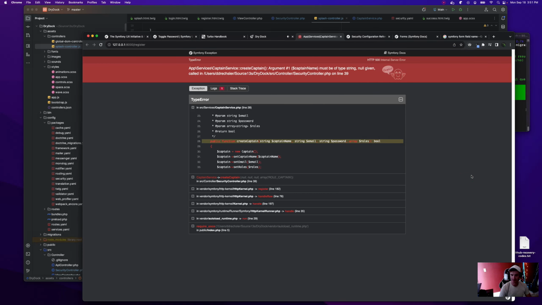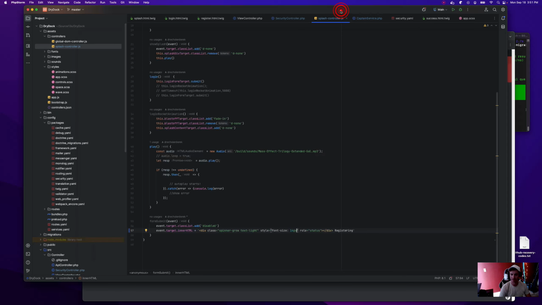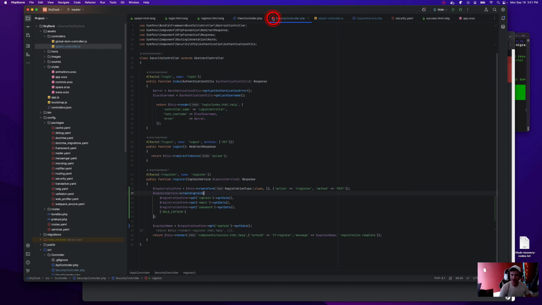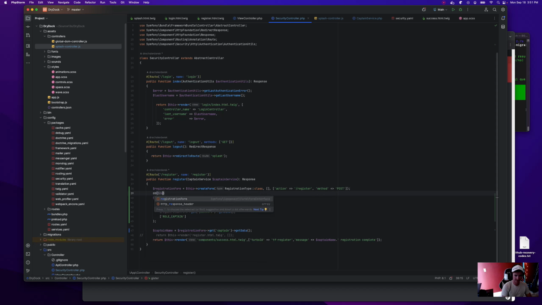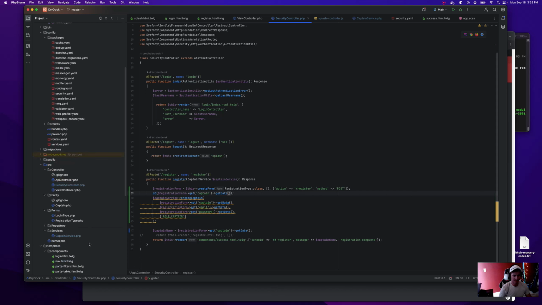Captain name must be of type string, null given. Alright, so this is our issue. Our form is not submitting right. Do they still have required on them as well?